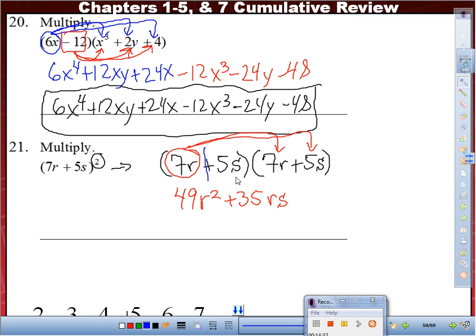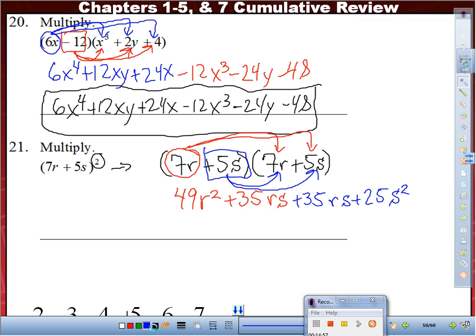Let's go to the next one. 5s times 7r. 5 times 7, that's positive 35. S times r, that's SR. We can write it as RS. Okay? Next, 5s times 5s. 5 times 5, that's 25. S times S, that's S